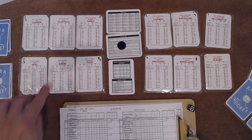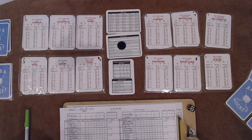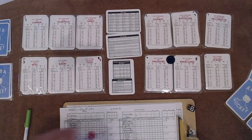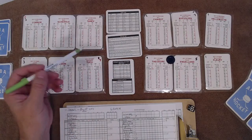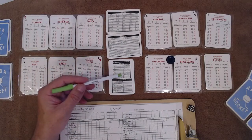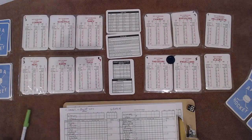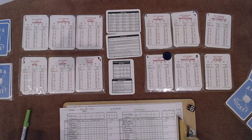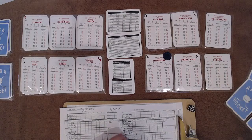3-3, 2-2, no, 3-3. And that is 3 on the new home left defense. So Theodore's going to get it. 51 is a 3. The ODI adjustment of 18 is going to take it up 1 to 4. That's going to be a shot on goal. So Theodore, 13 or less, shot range, no. Theodore with the shot and the save